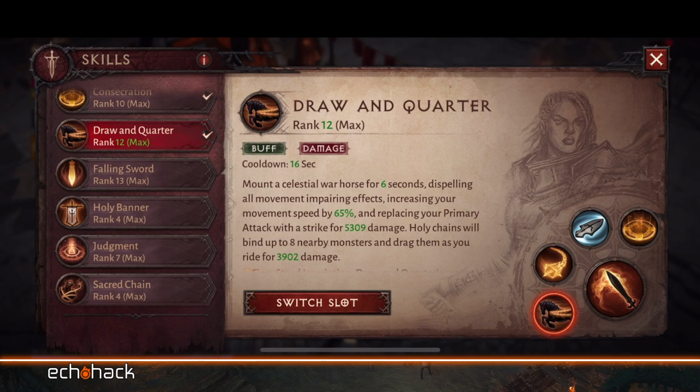It's incredible. Mount a Celestial Warhorse for 6 seconds, dispelling all movement impairing effects, increasing your movement speed by 65%, and replacing your primary attack with a strike. Holy Chains, bind up to 8 nearby monsters and drag them with you as you ride. It's, wow, incredible. It's a staple of every single build. And what's really important about Draw and Quarter is you want to use other skills that move with you before